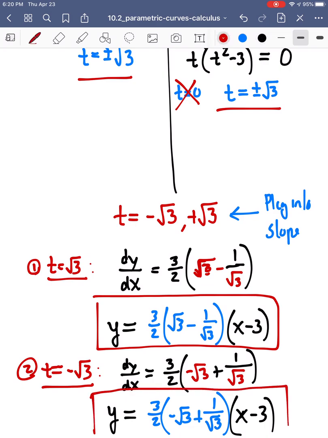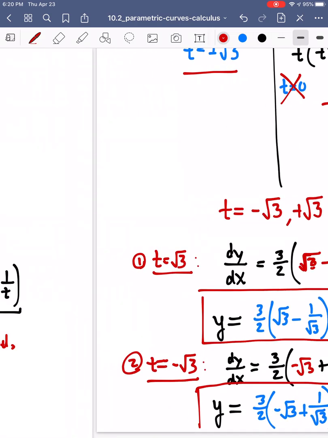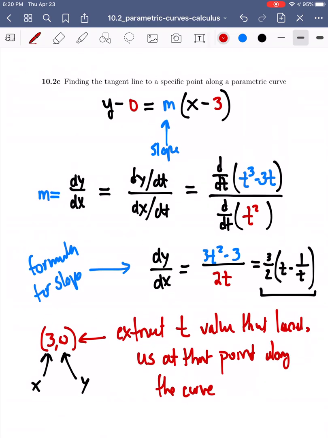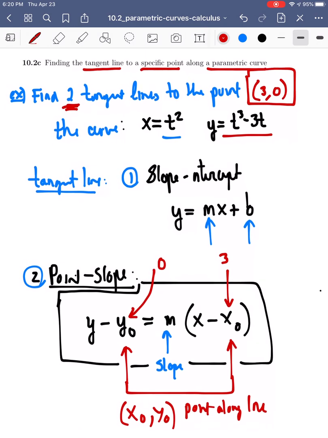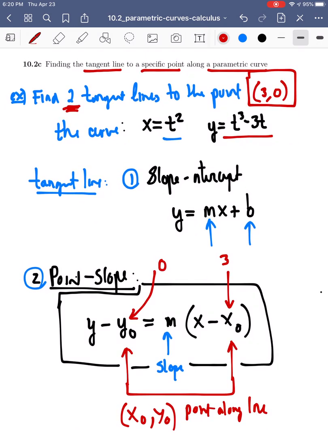And just to walk us through that entire problem again, we were originally interested in finding the tangent line to a specific point along the curve. And we were told, hey, you know what? Actually find two tangent lines. From there, we talked about how the point slope formula of the line would be more useful for these types of parametric curve problems because we know the point we're plugging into this point slope formula. We know x is 3, we know y is 0, so the only thing we had left to do was